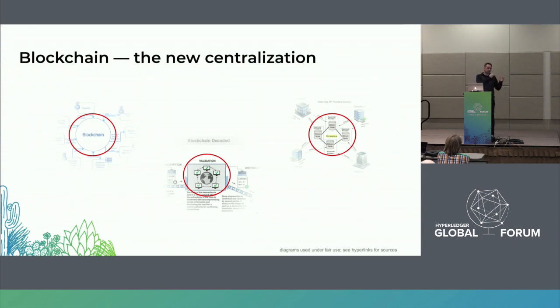There were lots of good things about client-server architectures, but what's ironic about it is that we claim that we're doing blockchain because we want to decentralize. So if we're seeing the same kinds of pictures show up, and we're seeing the same kinds of words, maybe we're avoiding the word centralization when we talk about blockchain because we wouldn't want to taint it with centralization dust. But maybe we're actually not building what we think we're building. Maybe it doesn't have the properties that we think it ought to have, or that we want to be able to claim for it. And so I kind of became tuned into this phenomenon a little bit.